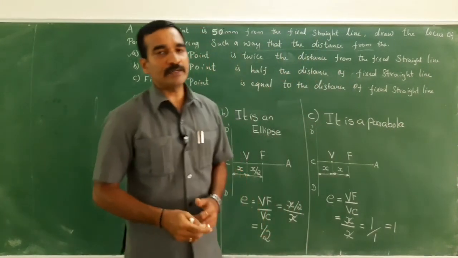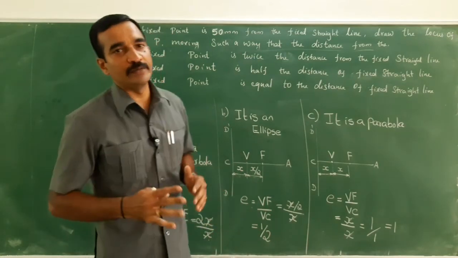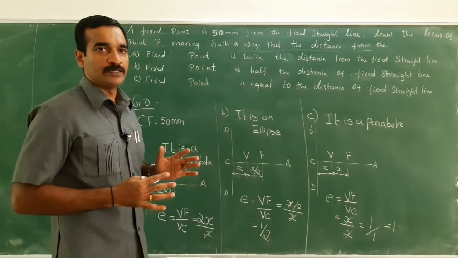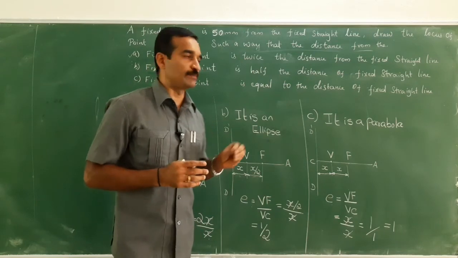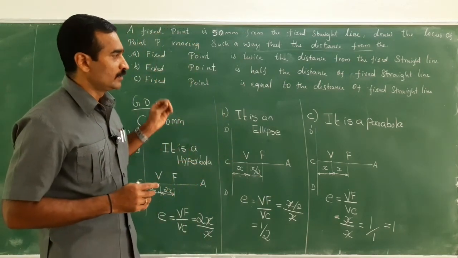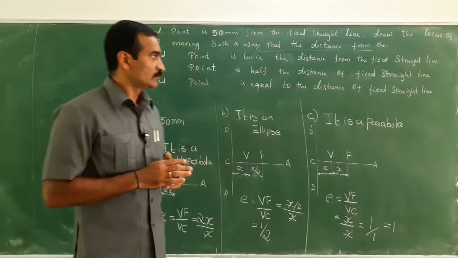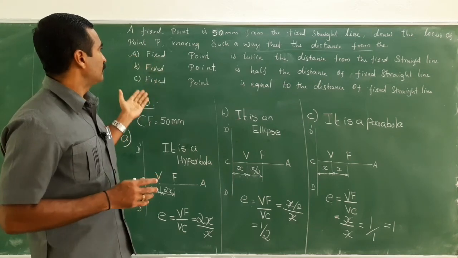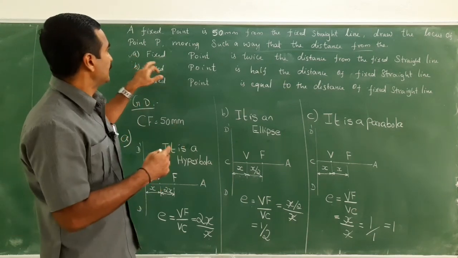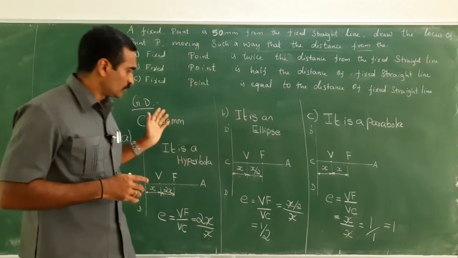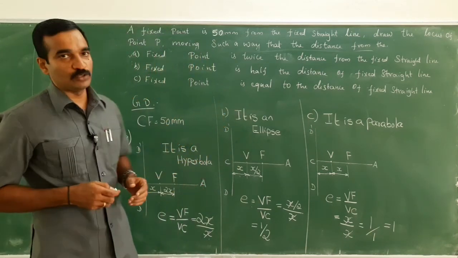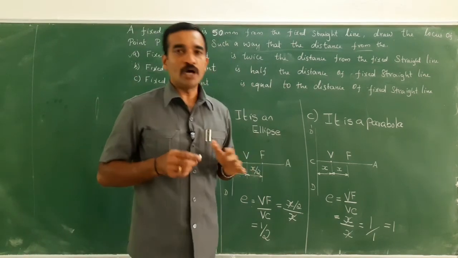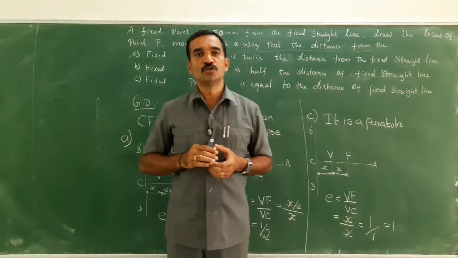Right? So you cannot expect that the university question will always be a straightforward question. It may be a twisted one. So you should be prepared, and unless you understand the concept, you cannot identify the suitable curve. Here the E value is not given. It has been given in twisted wording, right? So without drawing the diagram and knowing the terminology, it is very tough to identify. So unless you are strong with the fundamentals, only then will you be in a position to solve this kind of problem.